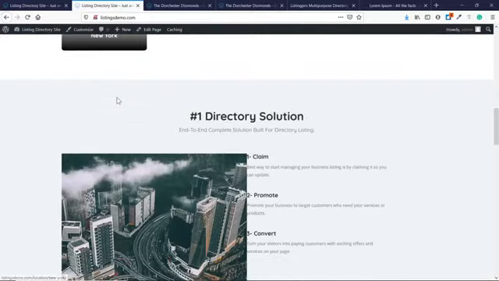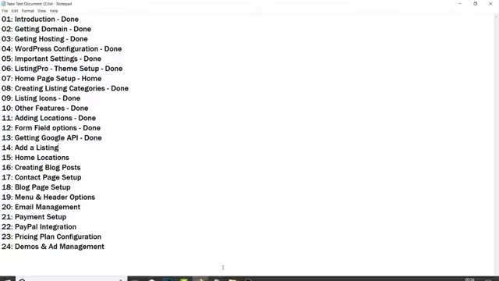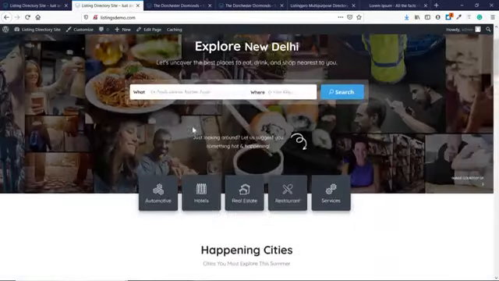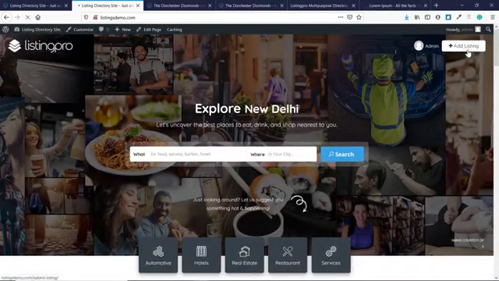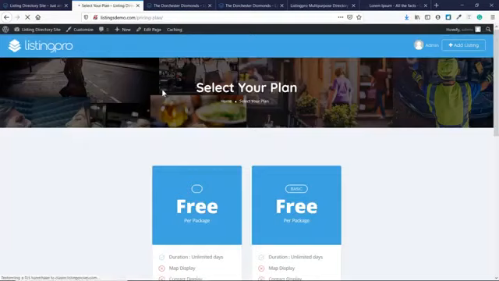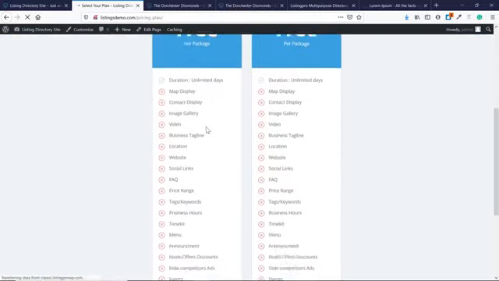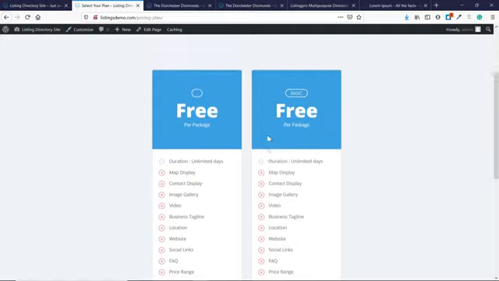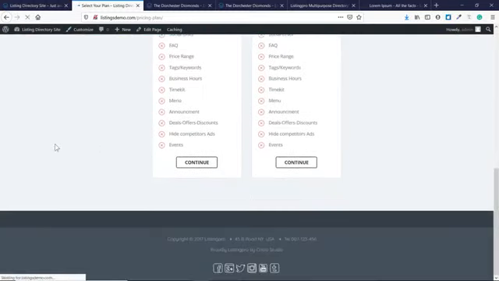So that's it about adding a listing. This is how you add a listing. So let's mark it done. Now from the front end, if you want to add a listing, then you can go here and click on add listing, and you'll see the same features from the front end. You just have to first select a price plan. Since it's free, it has limited features, but you can change these packages as well. So let's click on continue,